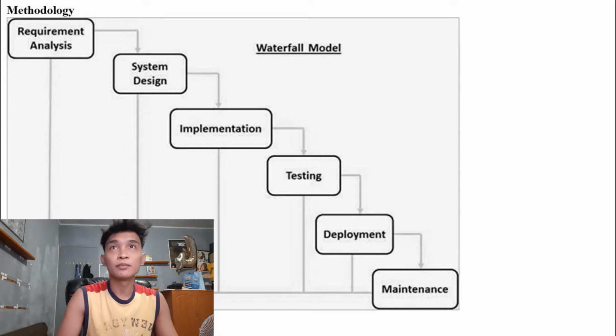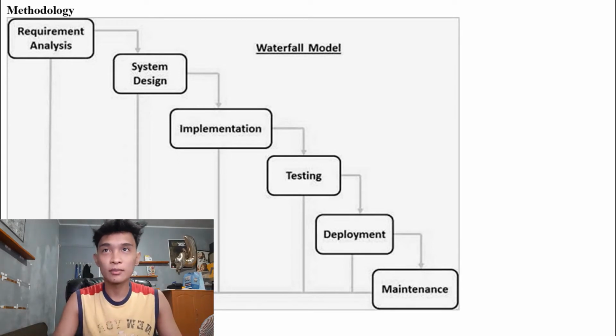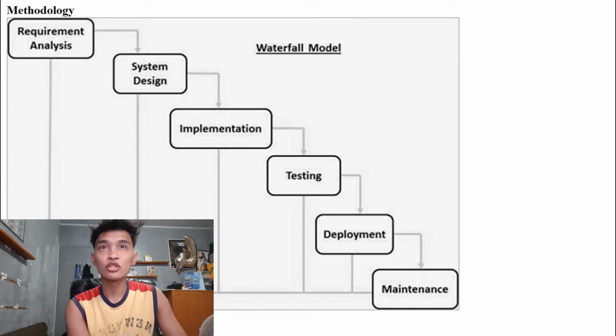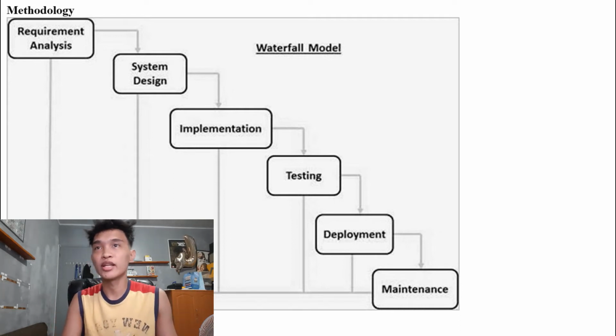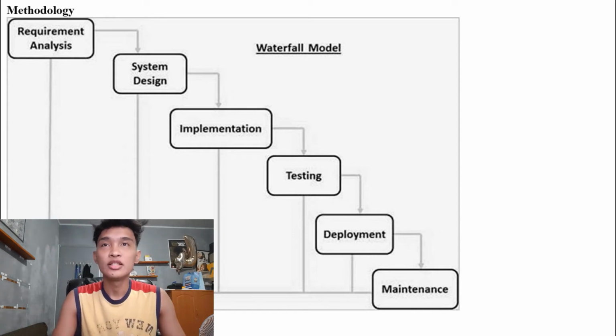methodology, waterfall. Waterfall was the first process model to be introduced, and it's also referred to as a linear sequential life cycle model. It is very simple to understand and use. In a waterfall model, each phase must be completed before the next phase can begin, and there is no overlapping in the phases. The reason we, the researchers, use this model is because we figure it is the best choice